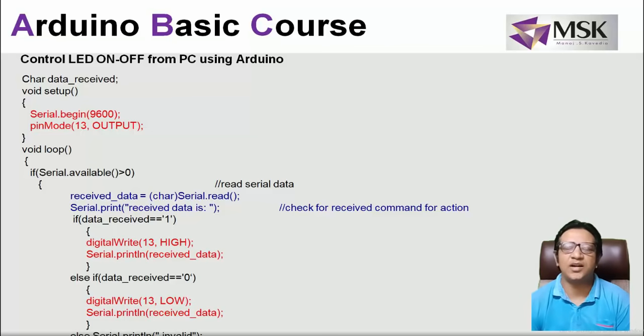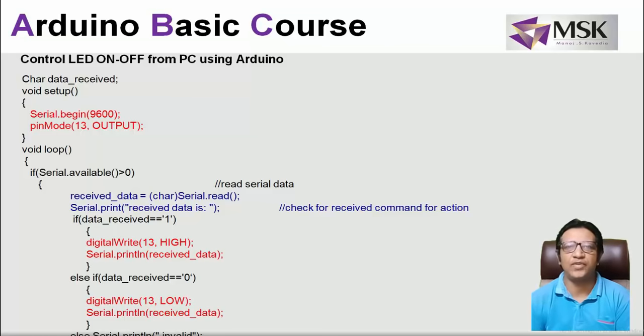Now, let's say I'm connecting LEDs to pin number 2, pin number 3, pin number 4. So I can pass A and B to turn on and off the LED of pin number 2, pass C and D to turn on and off the LED of pin number 3, pass F and G to turn on and off the LED of pin number 4. So you can use multiple pins, and for every pin you can define 2 characters. One will help in turning on and the other will help in turning off.